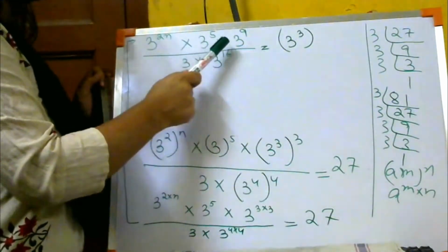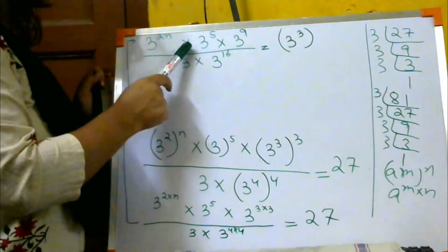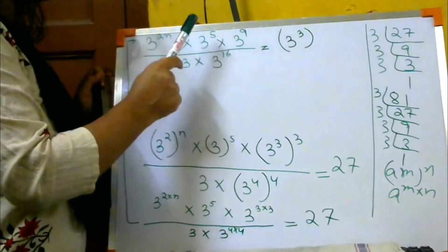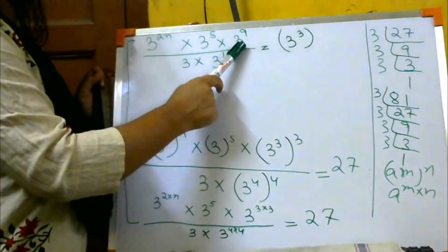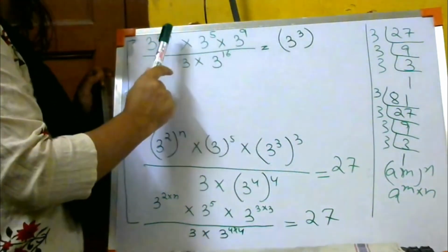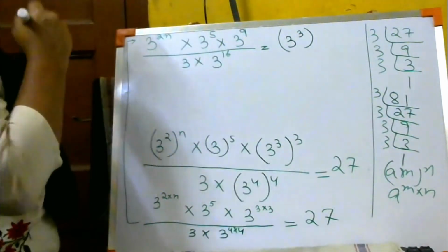अगर बेस सेम रहे तो उन लोगों के पावर्स को हम लोग प्लस कर सकते हैं, प्रोवाइडेड अगर मल्टीप्लिकेशन साइन रहे तो, है ना? अगर मल्टीप्लिकेशन साइन रहता है बीच में और बेस अगर सबका सेम रहता है और पावर्स डिफरेंट रहता है तो I can add the powers. So I am doing that over here.